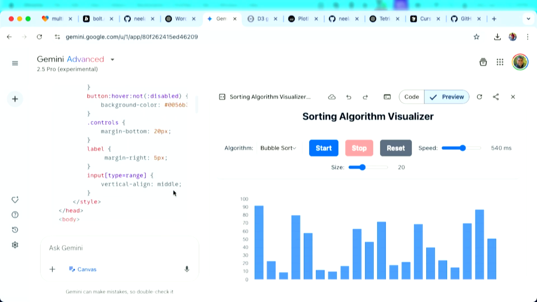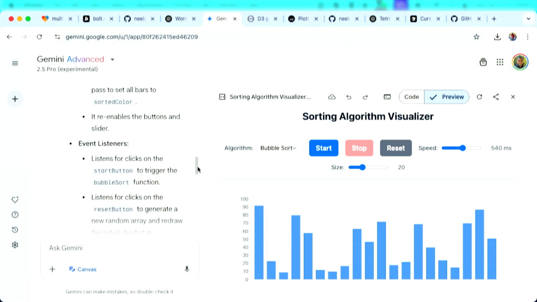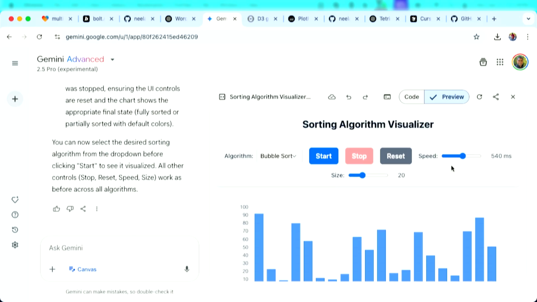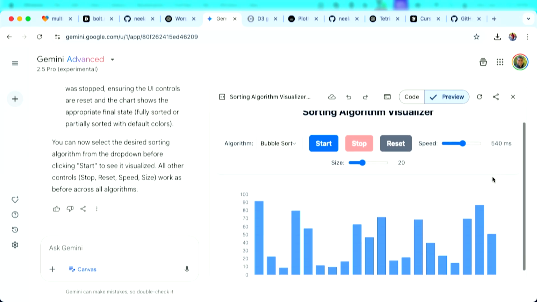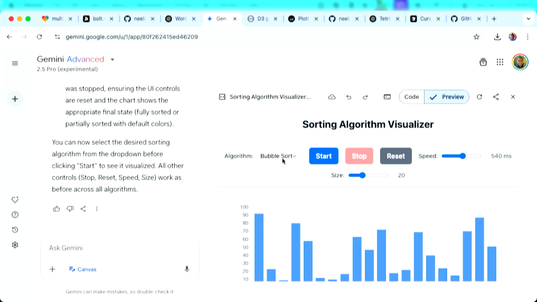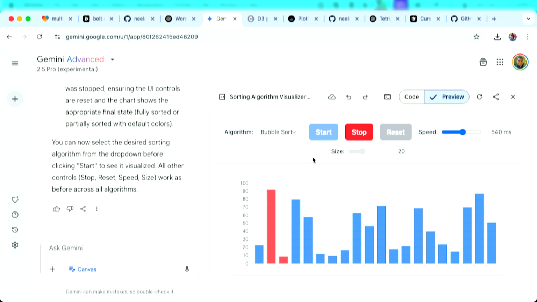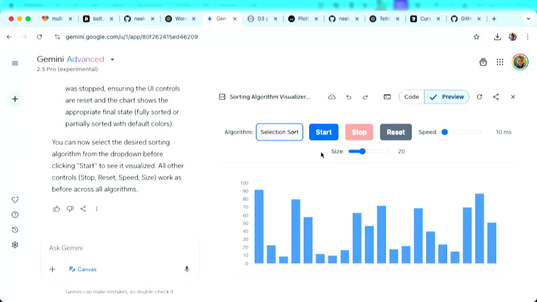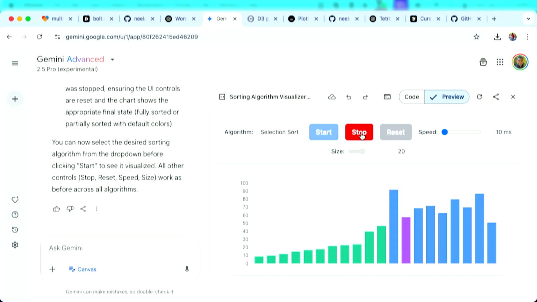This is all stuff that it's kind of displaying behind the scenes. And then it comes up, and now it has the capability, both Gemini and ChatGPT have the ability to visualize your output right away. So it created this web application, and I can click start, and it actually does the sorting and demonstrates it. I can actually speed it up to kind of show how this runs. I can even choose different algorithms, which I actually asked for it, and we'll see that in the video demonstration. And so this is a different type of sorting algorithm.